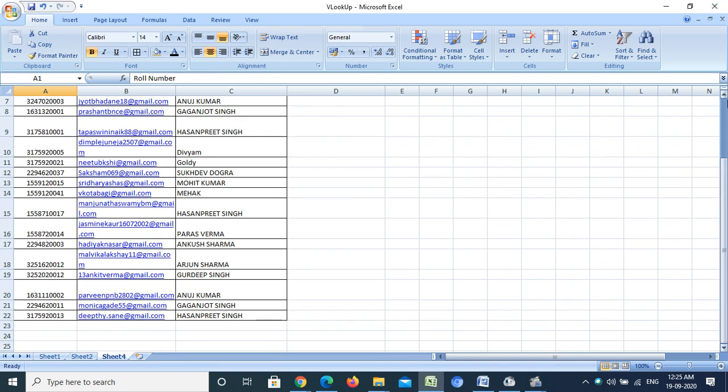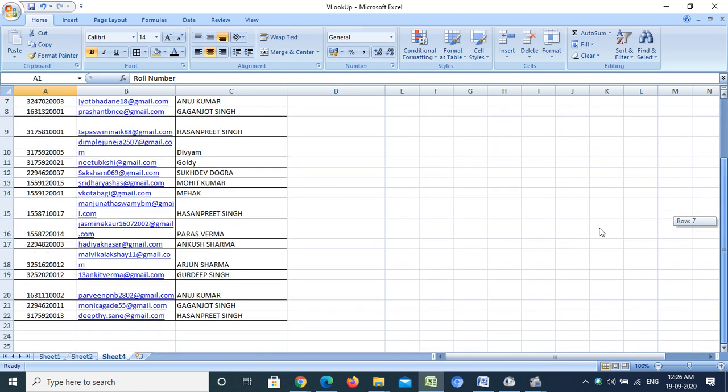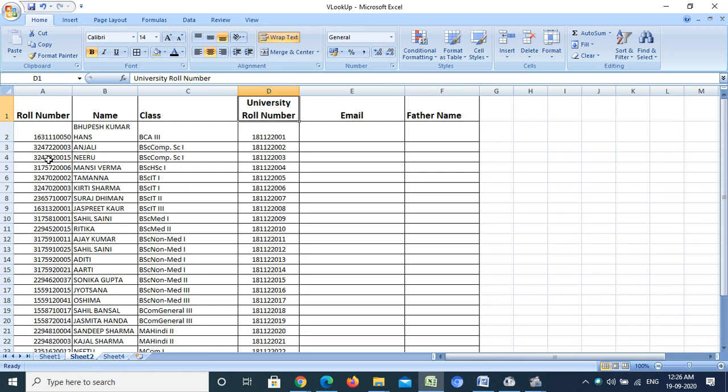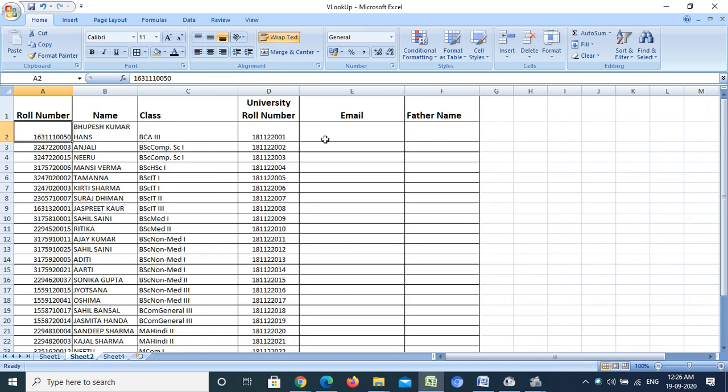I want to combine these two sheets, but first of all I have to select the first roll number, then I can match this roll number in this sheet and fetch the data, that is email ID and father name. So one way is to just copy it with Ctrl C and paste on this sheet.